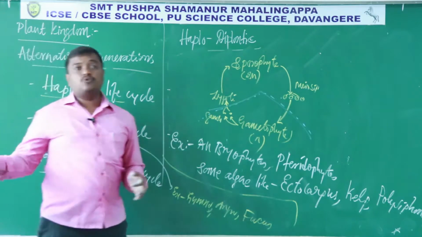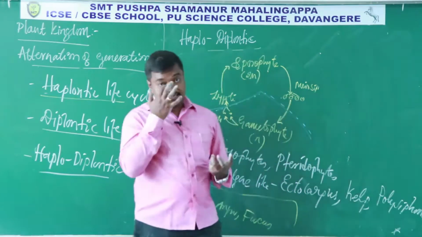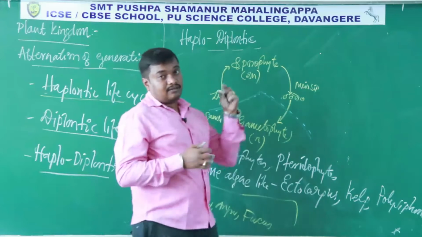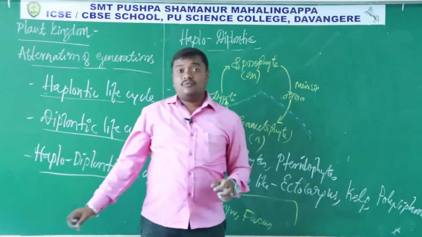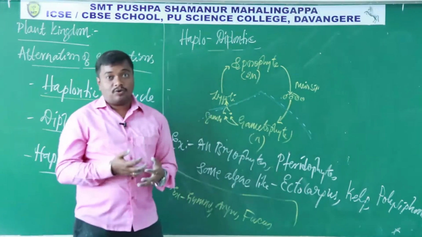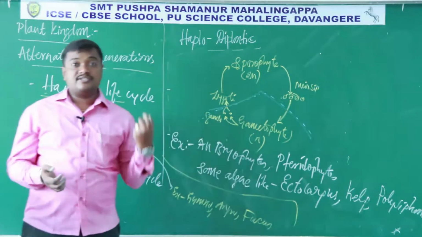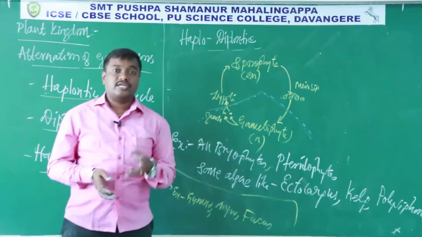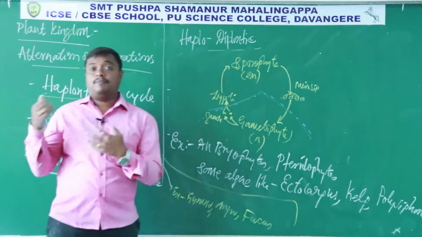Okay, so in plant kingdom you came across three types of life cycles: haplontic, where the main plant is the dominant plant and is haploid, and sporophyte is very short-lived in case of this haplontic. Whereas in diplontic the main plant is sporophytic and it is dominant, and haploid gametophyte is short-lived, that is diplontic. In haplodiplontic it is an intermediate stage where both haploid gametophyte and diploid sporophyte are